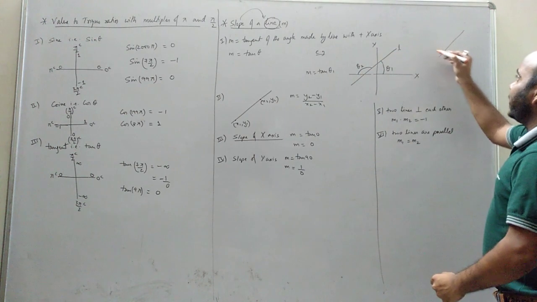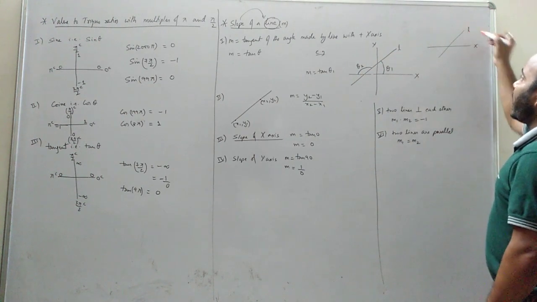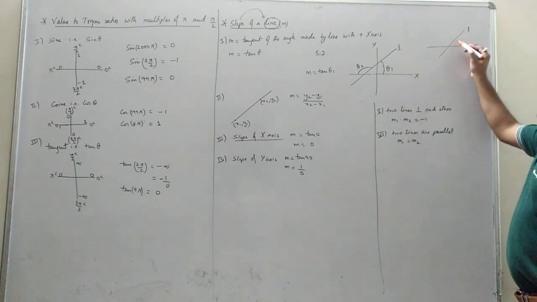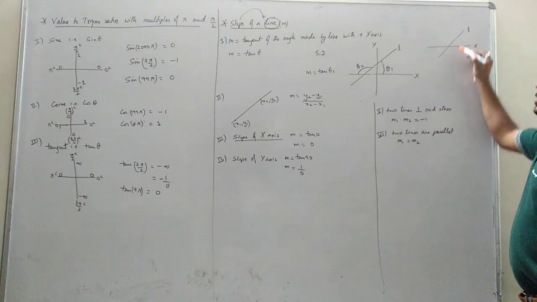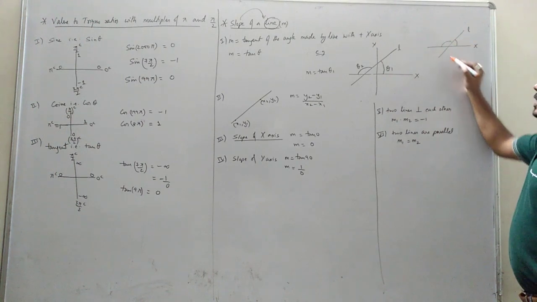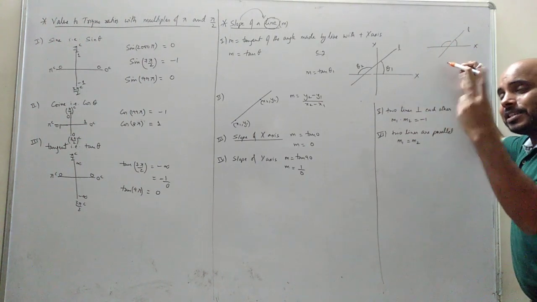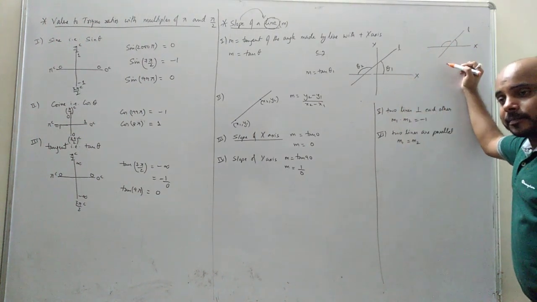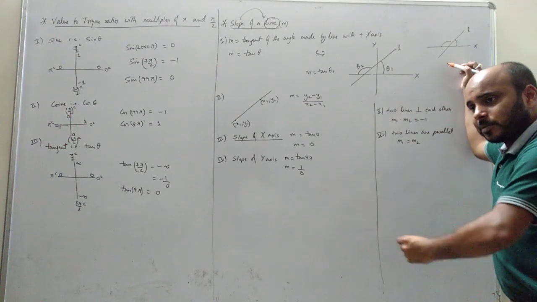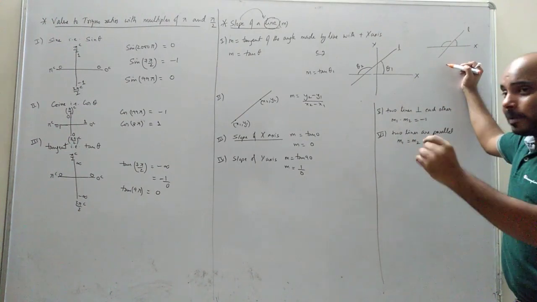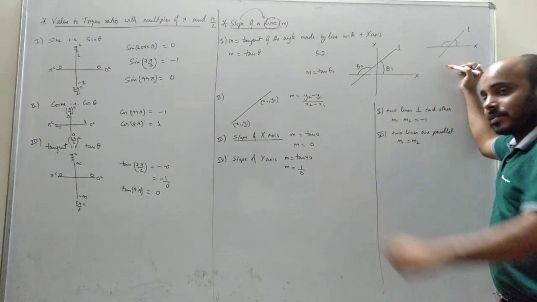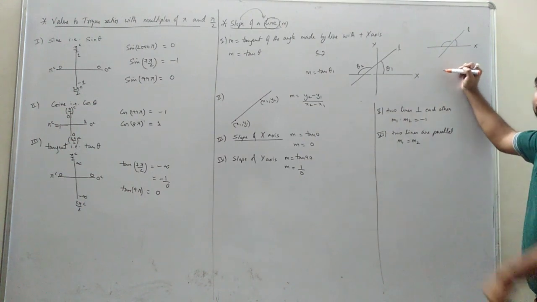So this is line L and this is the x-axis. How many angles are there? We say 4 angles, 1, 2, 3, 4. Actually there are only 2 angles, 1 and 2. These are not special angles, they are just vertically opposite angles. So when two lines intersect, they make only 2 angles. Okay, this is again a misconception, it should be clear now. They are not making 4 angles, they are making only 2 angles. The other 2 are just the vertically opposite angles.